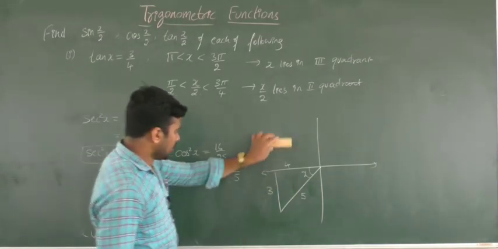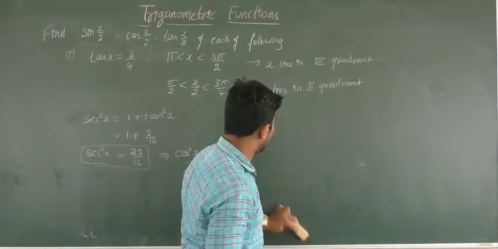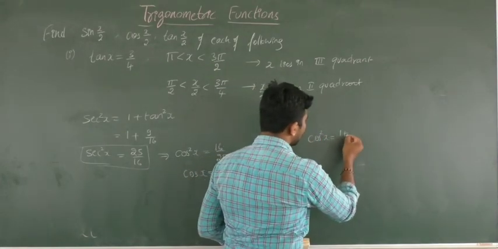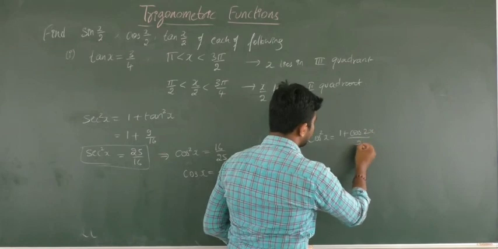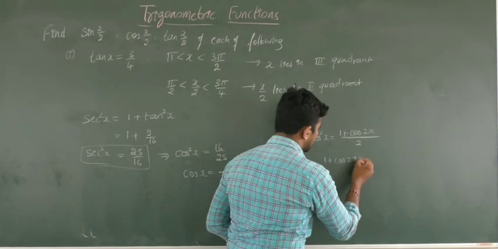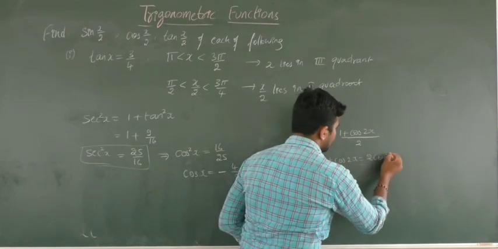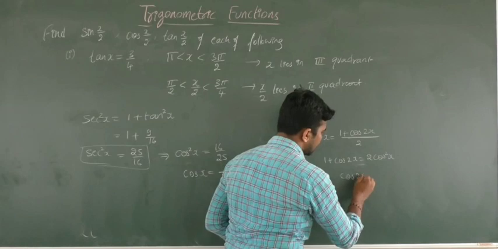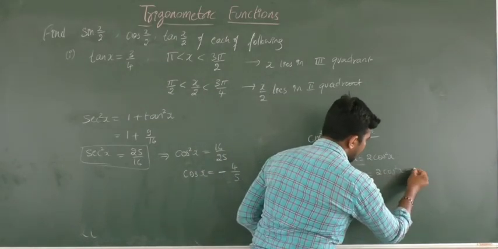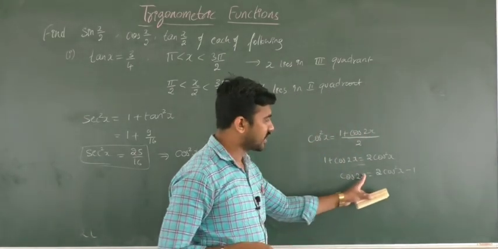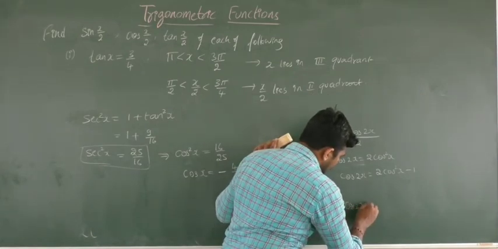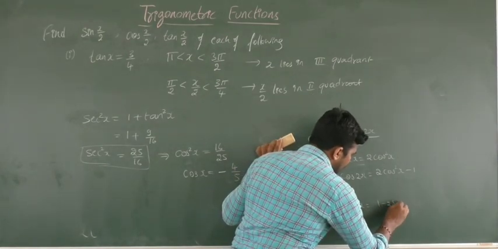Now next what we'll do, here I'll use the previous formula. As I said, we know cos square x is equal to 1 plus cos 2x by 2, isn't it? Now if you cross multiply, what we'll get? 1 plus cos 2x is nothing but 2 cos square x. This I already told, one formula: cos 2x is equal to 2 cos square x minus 1. Similarly, cos 2x is equal to 1 minus 2 sin square x. Two formulas we have, very important.